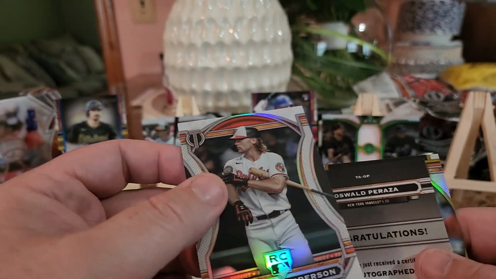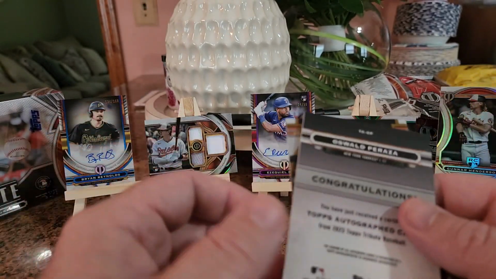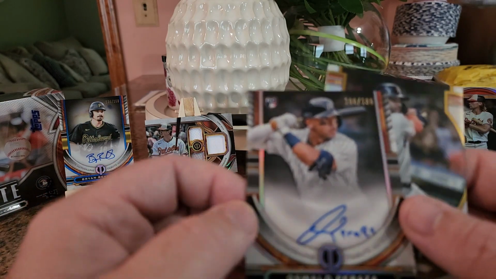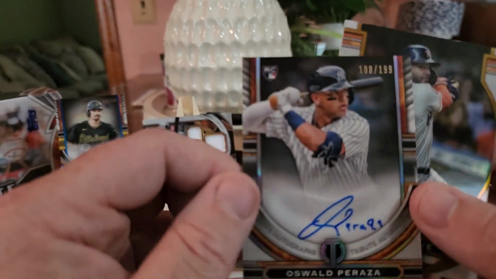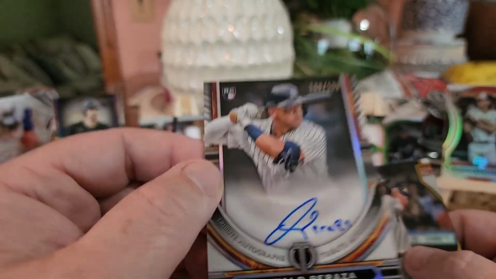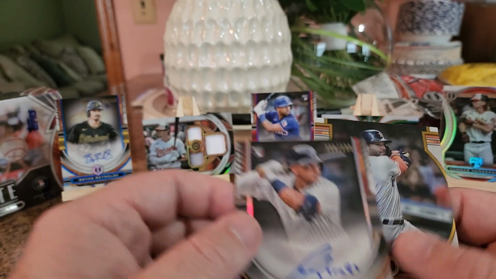Seems like almost an extra card, too. I know it's not a hit. I'm going to put him up there. Peraza. Well, I like this because of the Yankees, out of 199. An okay signature. On card. Again, these are all on card, it looks like, which I really appreciate. But definitely as a rookie for the Yankees, he's not...